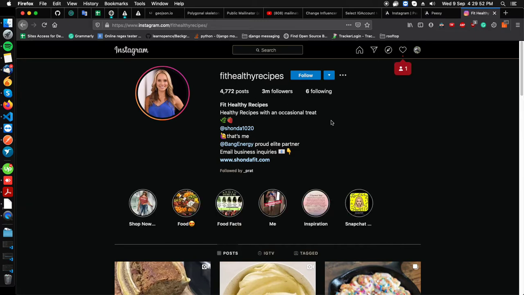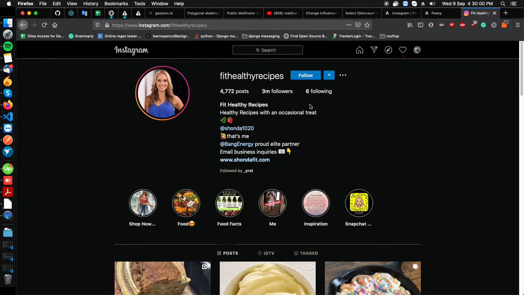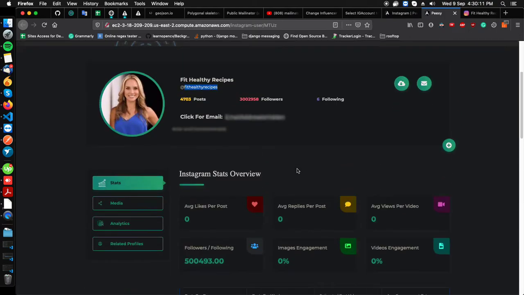Here we can match the data that we have on our site, like number of posts, number of followers, and number of following, with the profile on Instagram. So the number of posts, followers and following, their bio and all, we have all details on our site, and some analytics as well.